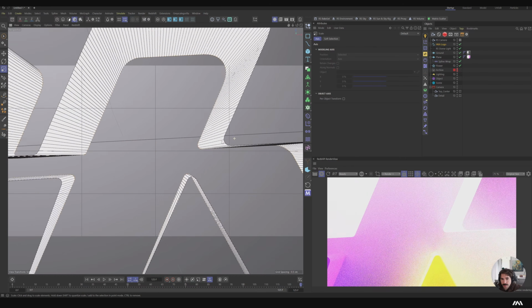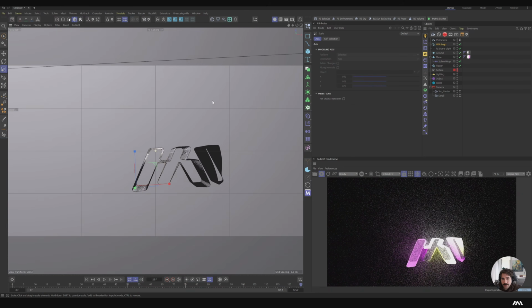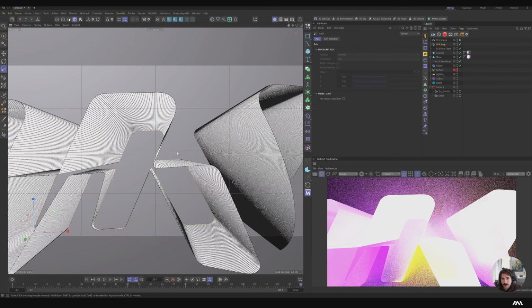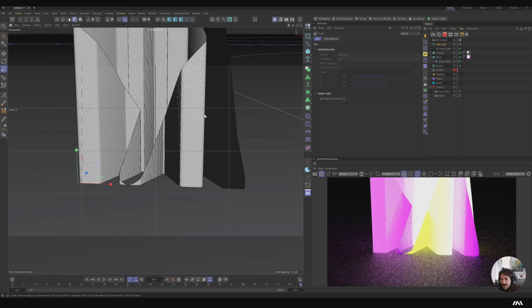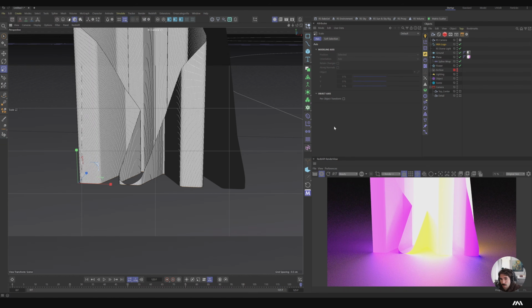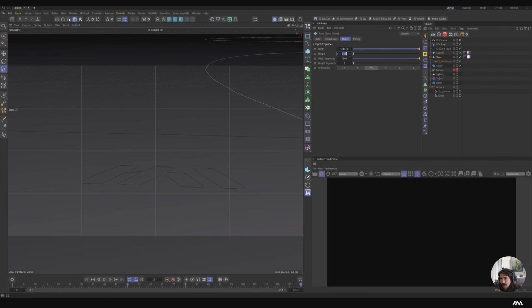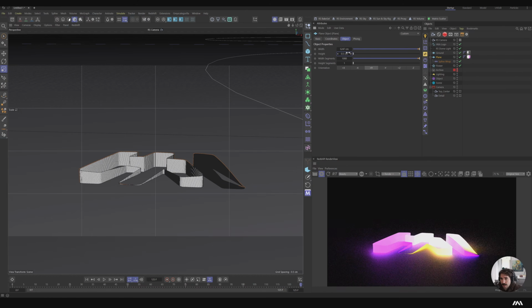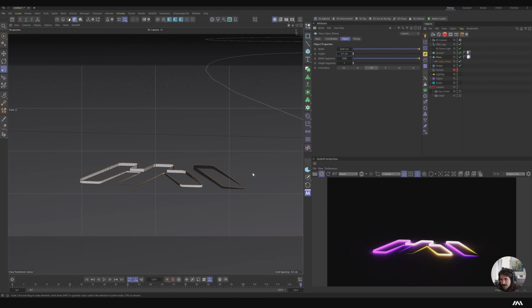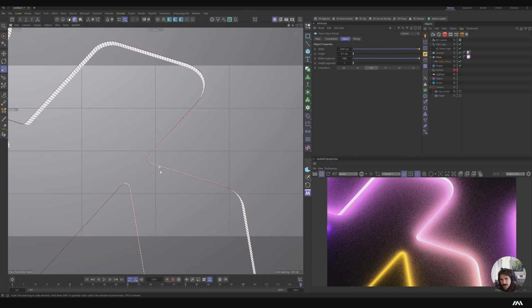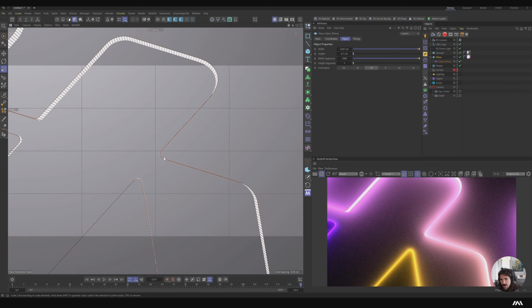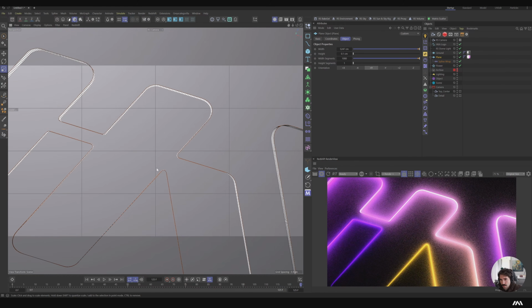So you see the definition is getting much better on that spline. But then obviously you will have to accommodate for that. So I'm just gonna go into the spline and make it much narrower. So 0.5, maybe 0.1, and we are back. And I can see the definition is a little bit better. So closer you get, you're gonna see more